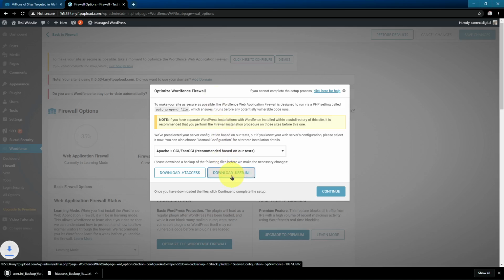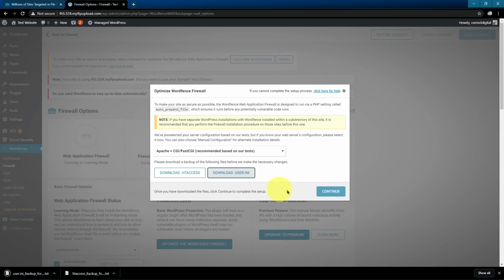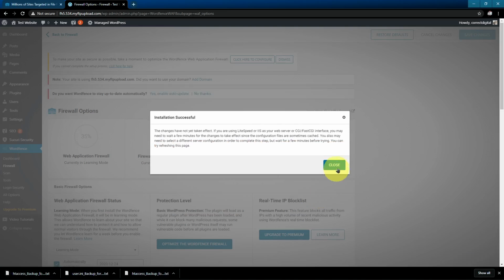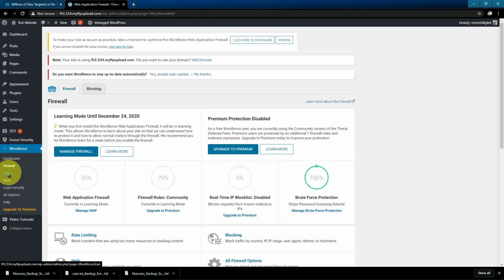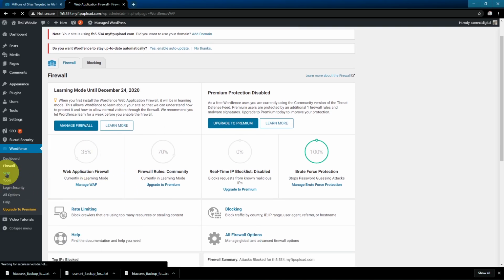It wants me to download this user.ini file as well. All right, let's try that one more time, and it should install properly now. If I hit refresh, it should go away. Alright, so this seems to be a glitch, but you get the point. Set up the firewall, set up the scan. Now you may want to do a scan right away,